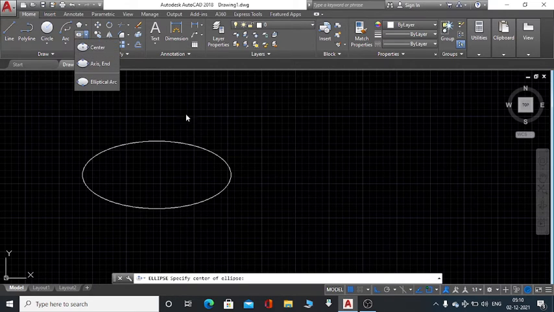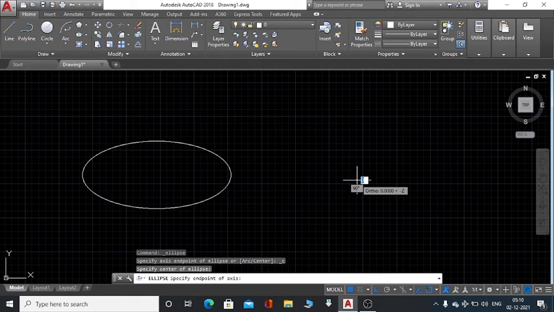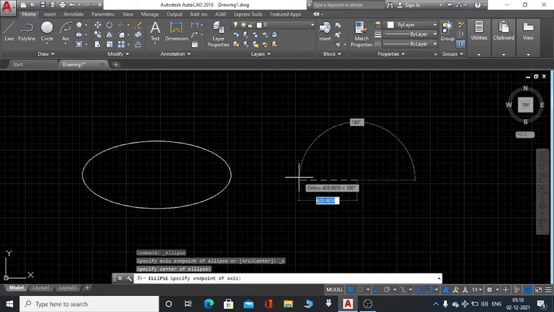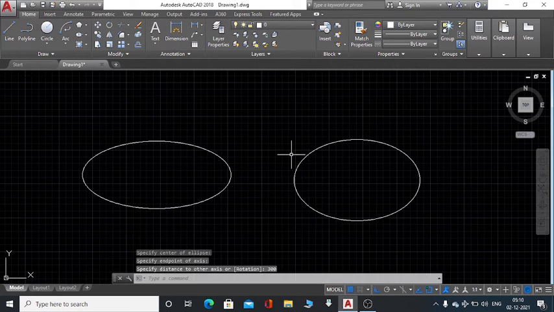Center means you have to create a center of ellipse. Specify end point of axis. Suppose this is the end point. Now another end point will be, suppose, 300. Okay, delete this one, Ctrl plus A, delete.